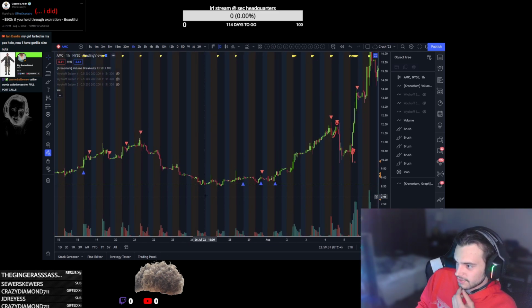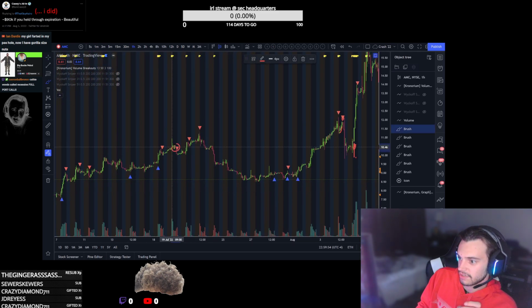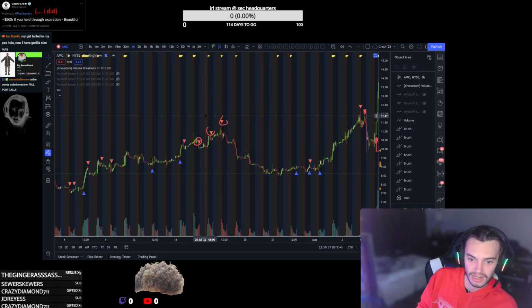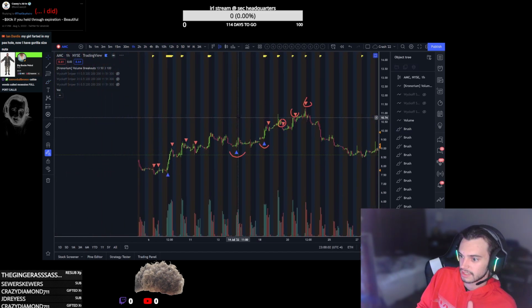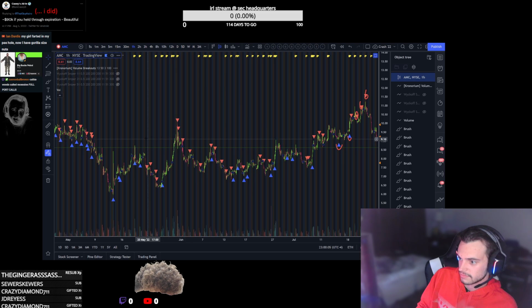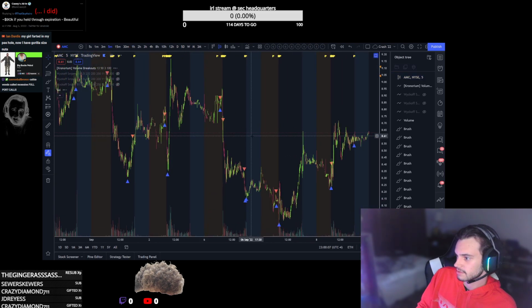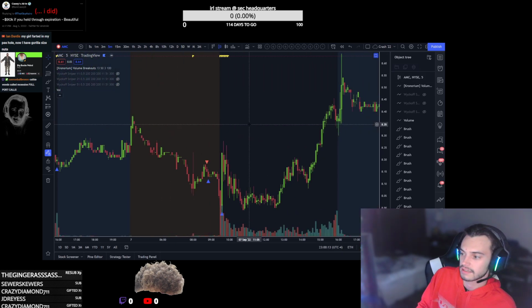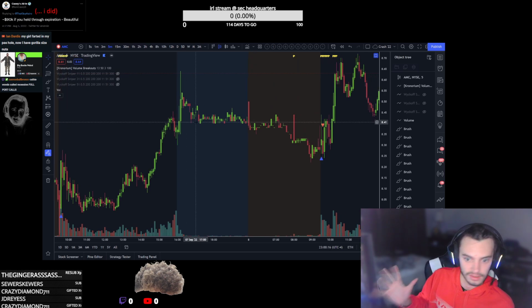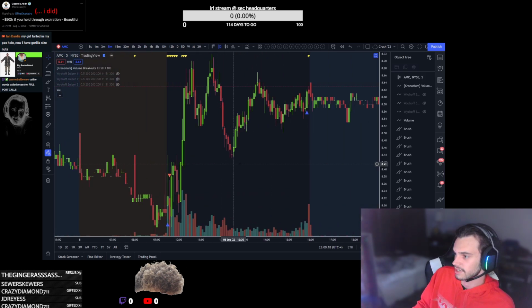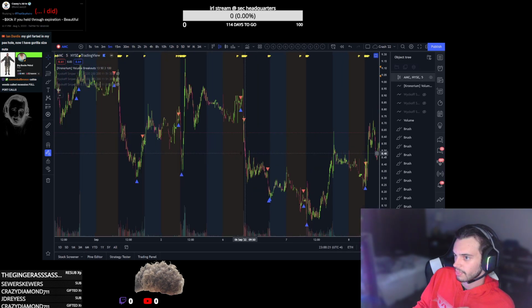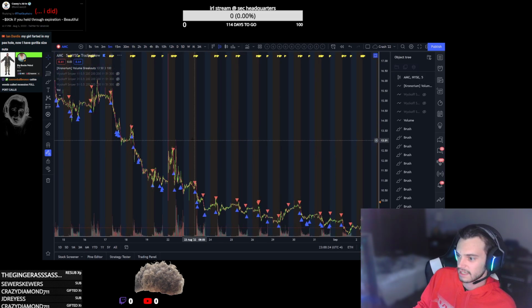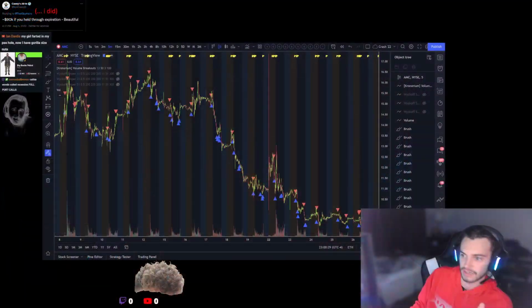But even nonetheless, just going back in time, you can see where this is signaling to you that there might be some presence of a lot of sellers or a lot of buyers before the trend on the chart will show it. Yeah, we'll go to smaller time frames too, and you can see right away that you're picking up on things that traditionally with a vanilla volume indicator approach you wouldn't have. It's pretty simple. The only complication that you would experience is how you want to interpret what the indicator is outputting.